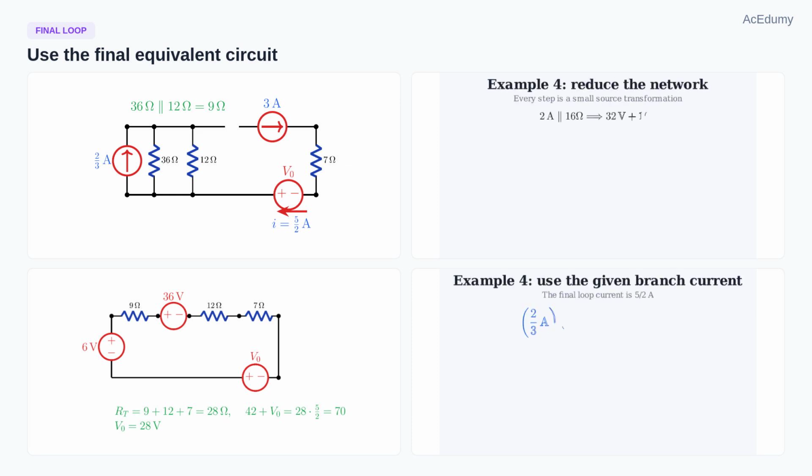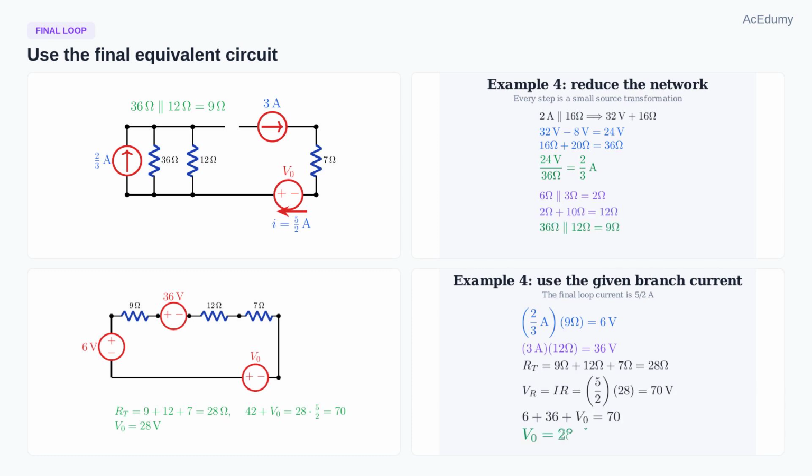Continue reducing example 4. The 24 volt source in series with 36 ohms becomes a current source of 24 over 36 or 2 over 3 amperes in parallel with 36 ohms. That 36 ohm resistor is in parallel with 12 ohms, so the result is 9 ohms. Transform the 2 over 3 amp source in parallel with 9 ohms into a 6 volt source in series with 9 ohms. The 3 amp source and the 12 ohm equivalent give a 36 volt source in the same series